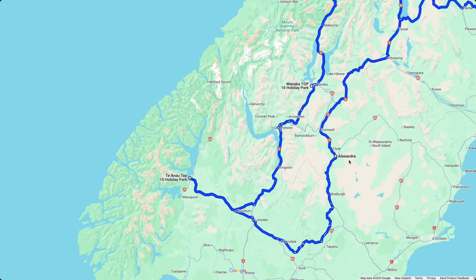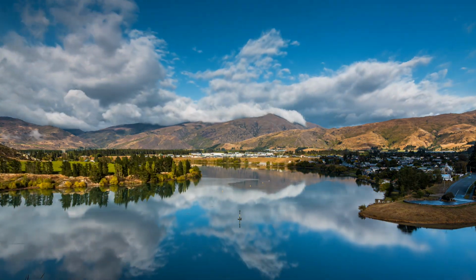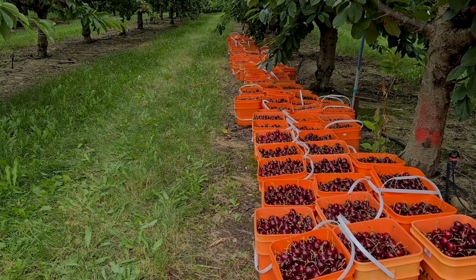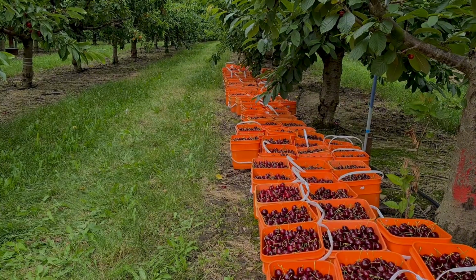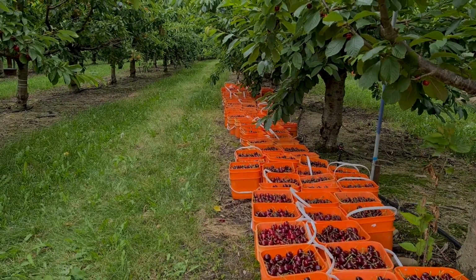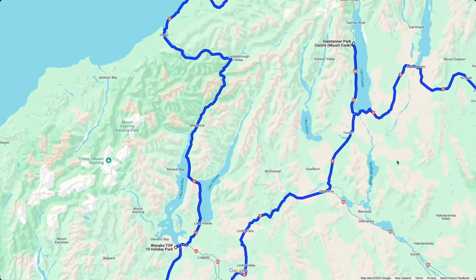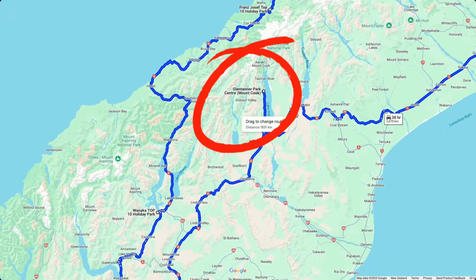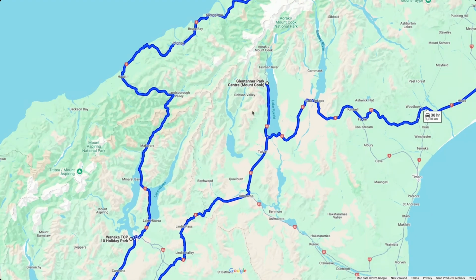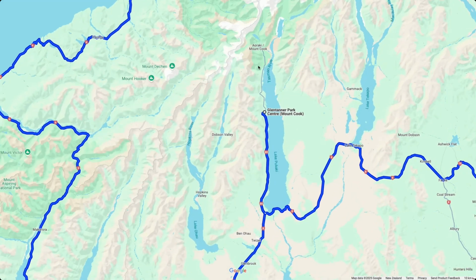and have the next night at Alexandra, which is again a totally different region. It's very famous again for the fruit industry, stone fruit, so apricots, cherries, etc. Then you're heading over Lindis Pass and you go into the Mount Cook National Park area, also with two lakes. I suggest to have 2 nights at Glentanner Park, which is located really close by to the Mount